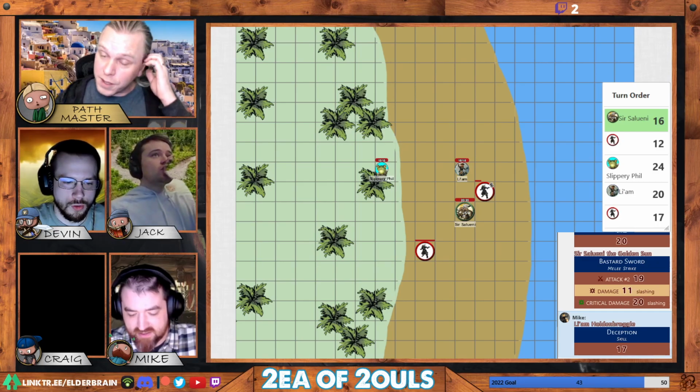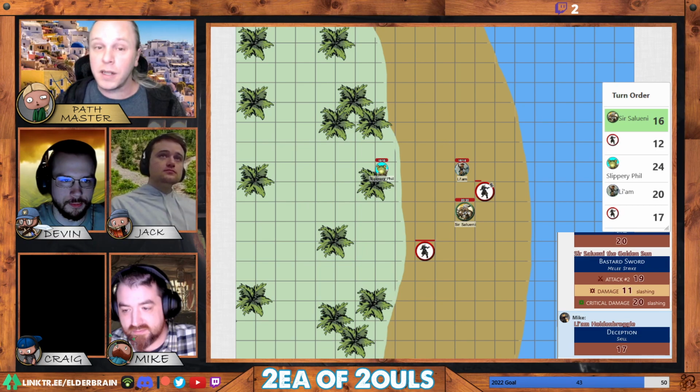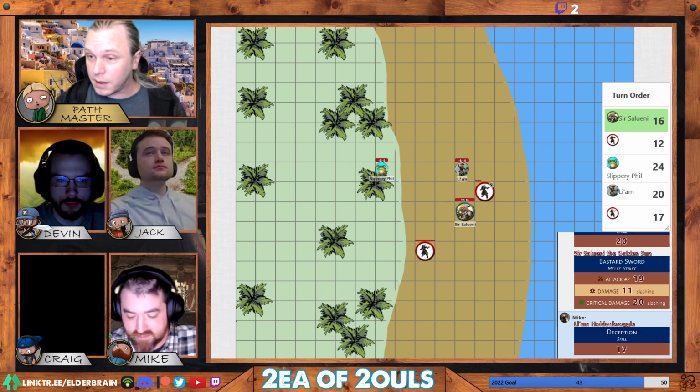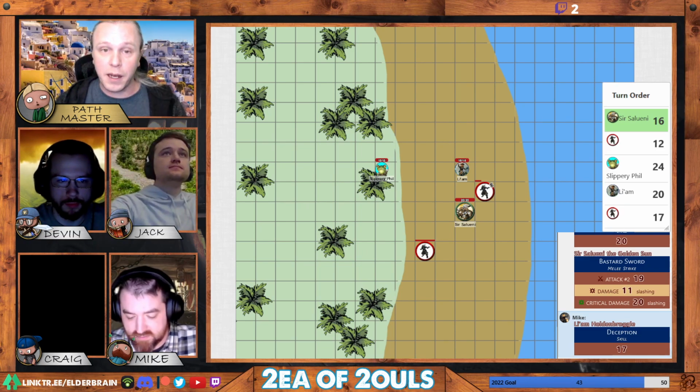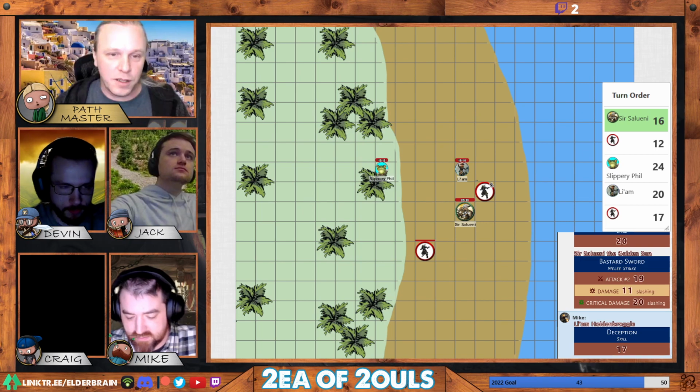Normally the DC is 20, unless it's a particular... But the 19 still hits, I believe, right? 19 will still hit regardless. And 11 damage is enough to drop that guy. It's a shame. As a reaction...